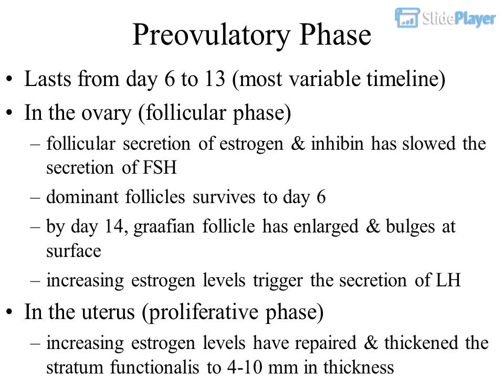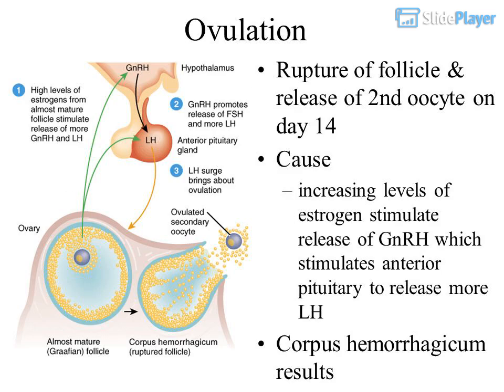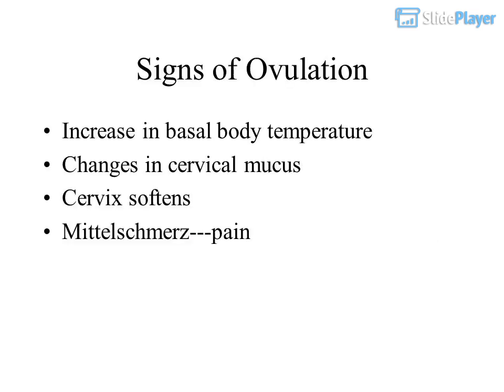In the uterus, proliferative phase. Increasing estrogen levels have repaired and thickened the stratum functionalis to 4 to 10 mm in thickness. Ovulation: rupture of the follicle and release of the secondary oocyte on day 14. Increasing levels of estrogen stimulate release of GnRH, which stimulates the anterior pituitary to release more LH. Corpus hemorrhagicum results. Signs of ovulation: increase in basal body temperature,